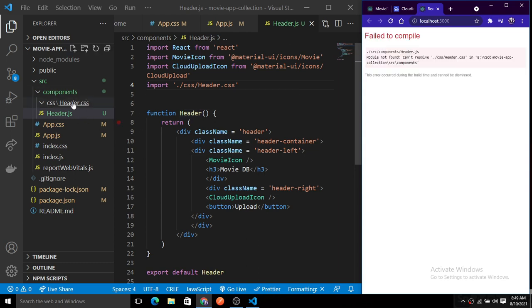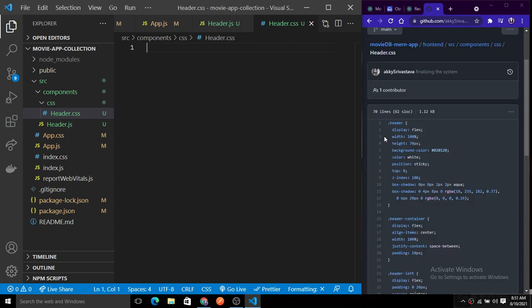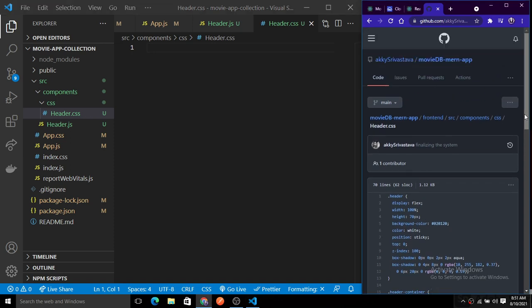So inside of this header.css, header.css not found. Okay, this is inside of this CSS, right? So I have created a header.css file here, and now I just go and simply type this. So these are the CSS codes along with me that is hosted on my GitHub profile inside of this repo.